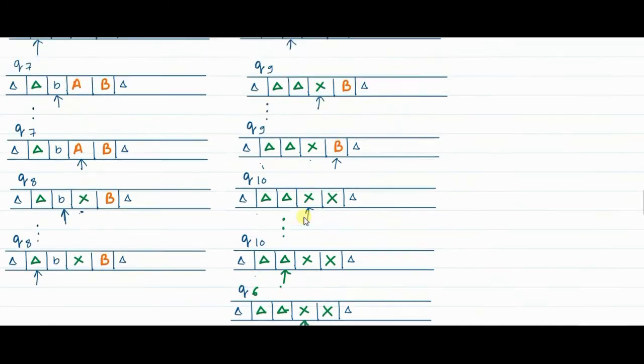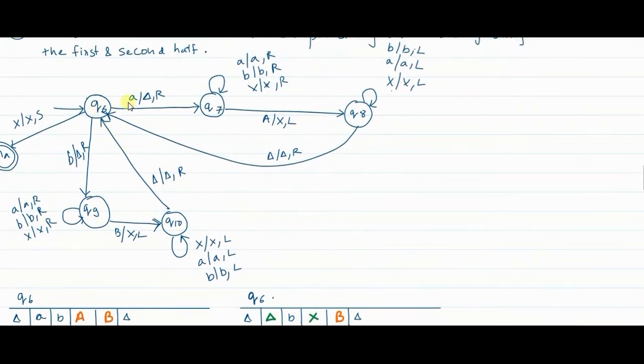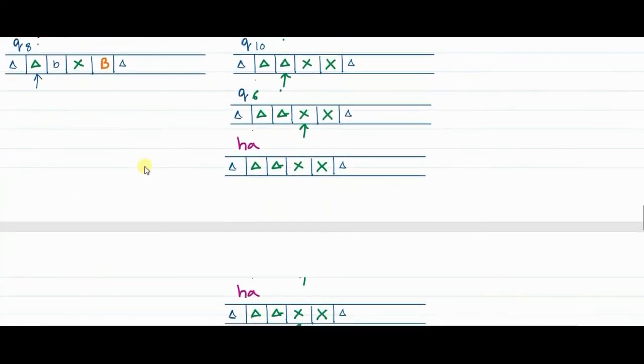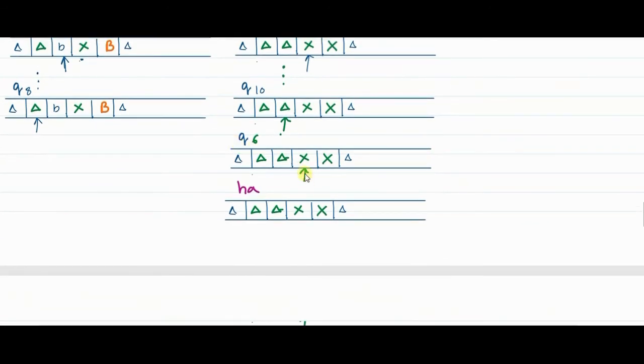Fine. Now in Q6 state, if small a is encountered, you go to this loop, trying to match small a with capital A somewhere. If small b is encountered, you go to this loop, trying to match small b with some capital B somewhere. Now in Q6, if X is encountered, what does it mean?